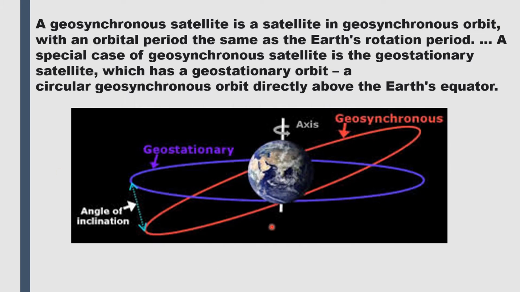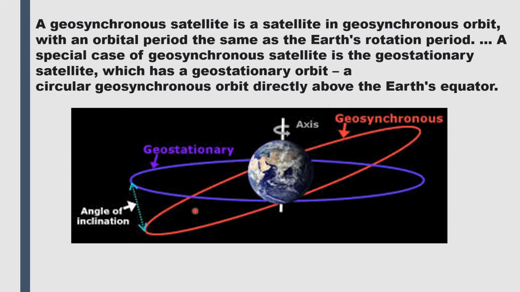There is another satellite which is known by the name geostationary satellite. This is also a high Earth orbit satellite. It is an HEO. So both geosynchronous and geostationary satellites are high Earth orbit satellites. The only difference between them is the orbital plane of the satellite. The geostationary satellite, as you can see, revolves in the equatorial plane of the Earth, whereas the geosynchronous satellite revolves at an angle to the equatorial plane of the Earth.